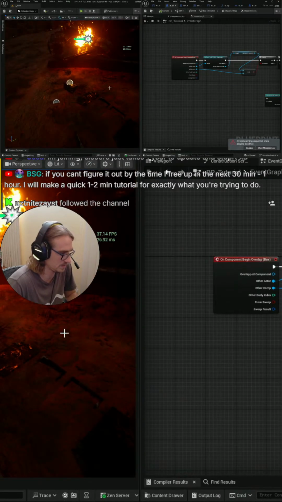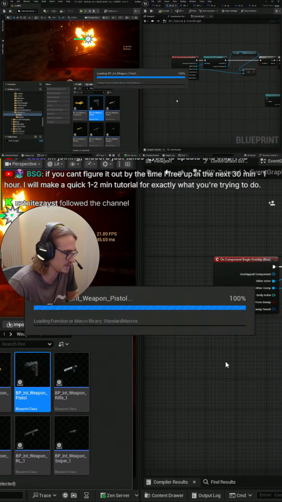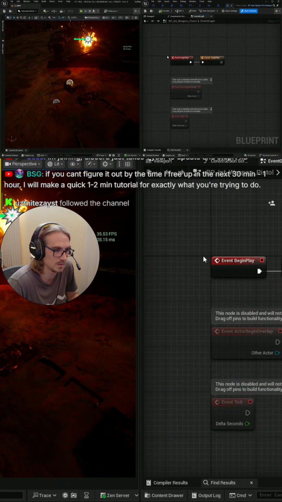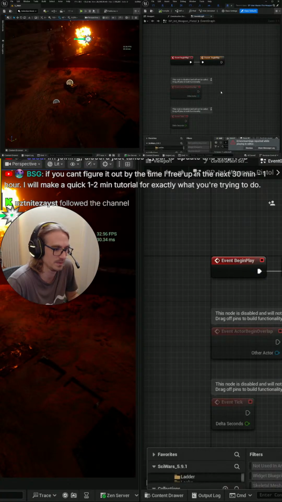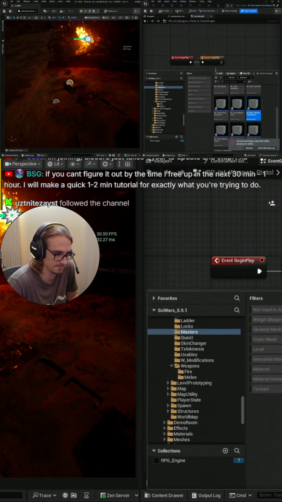Let's see. Okay, so here we have this interact weapon, and it's a parent of intermaster fire weapon. This is the